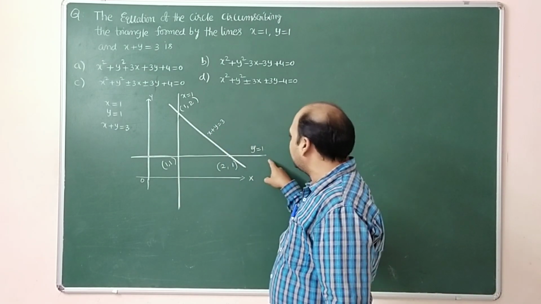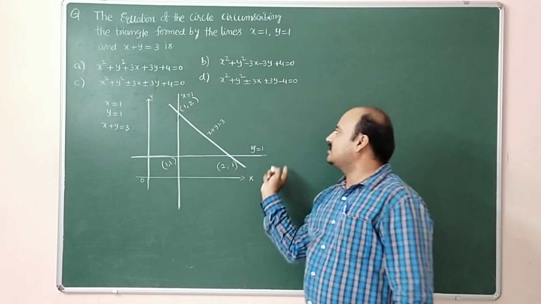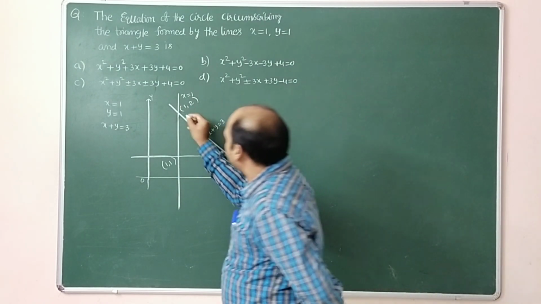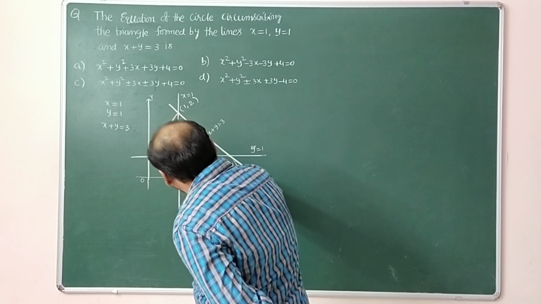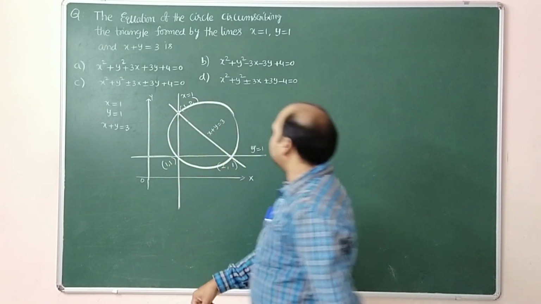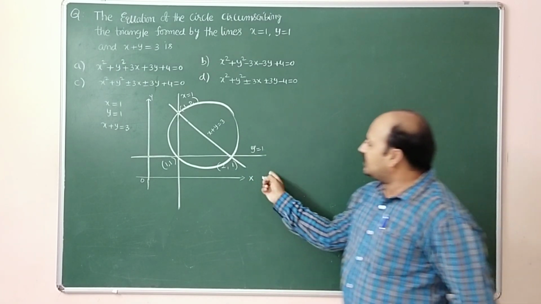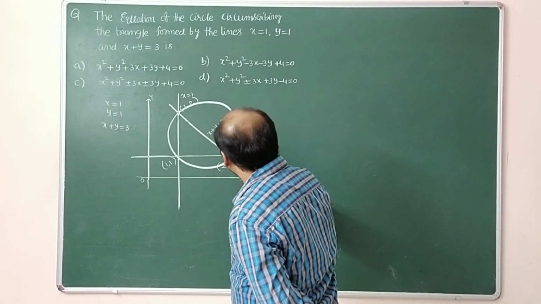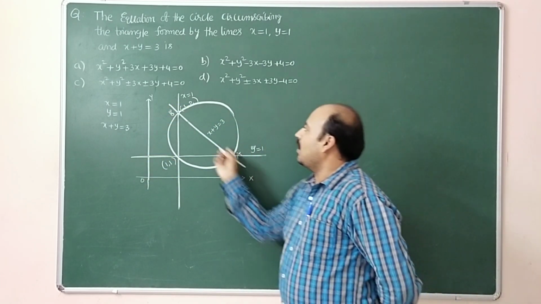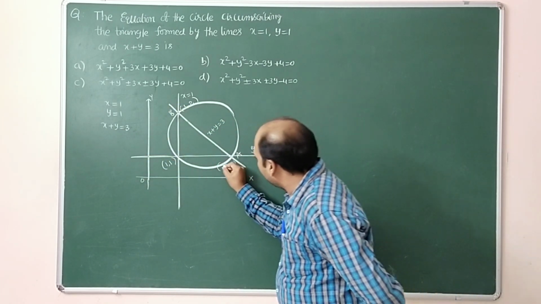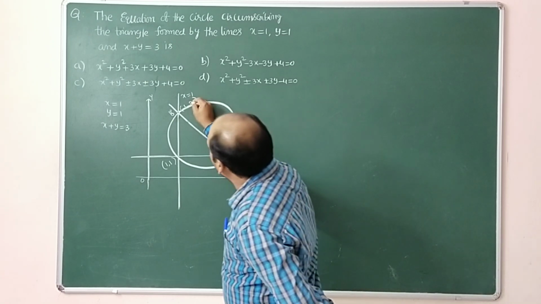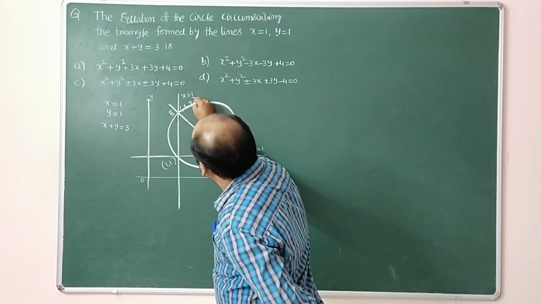lines. This is the y = 1 line, this is the x = 1 line, this is the x + y = 3 line. Circumscribing the triangle, so the figure will come like this. This circle we want. For this circle, this is point A, this is point B. Assume this is the diametric form of the circle. Here (2, 1) is there, no? This is (x1, y1). (1, 2) is here,